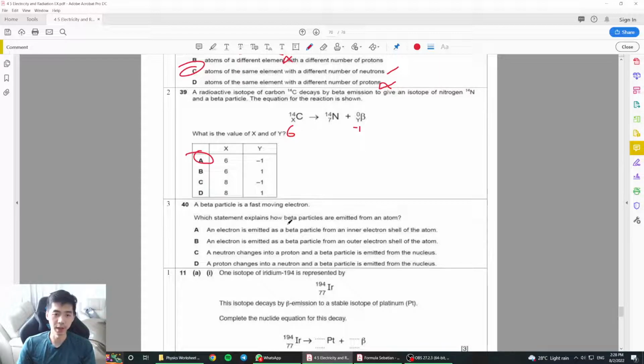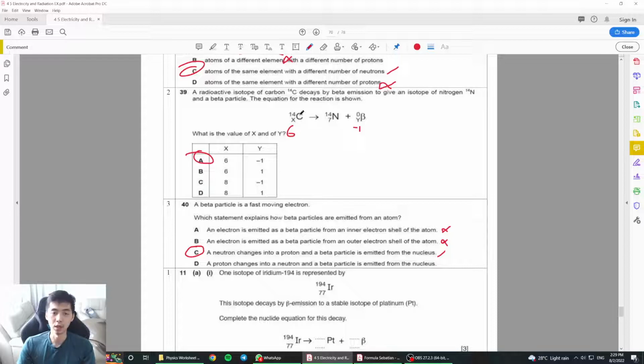Which statement explains how beta particles are emitted from an atom? An electron is emitted as a beta particle from an inner electron shell. No, if you learn chemistry, if anything, they will donate the outer electron shell. An electron is emitted as a beta particle from the outer electron shell, but beta doesn't work that way. A neutron changes into a proton and a beta particle is emitted from the nucleus. This is the answer. For those who are unsure why this is the case, we can just use this equation